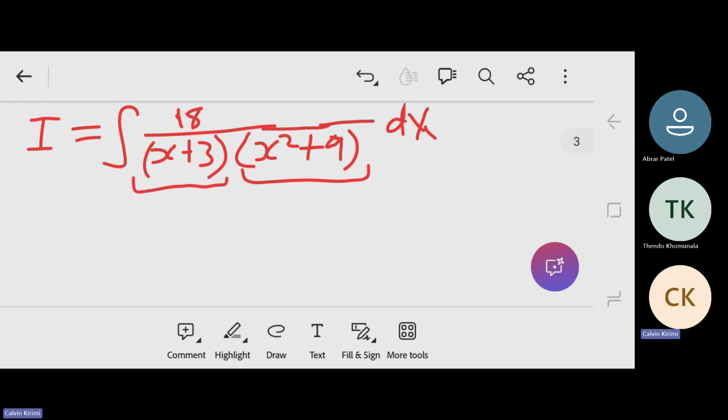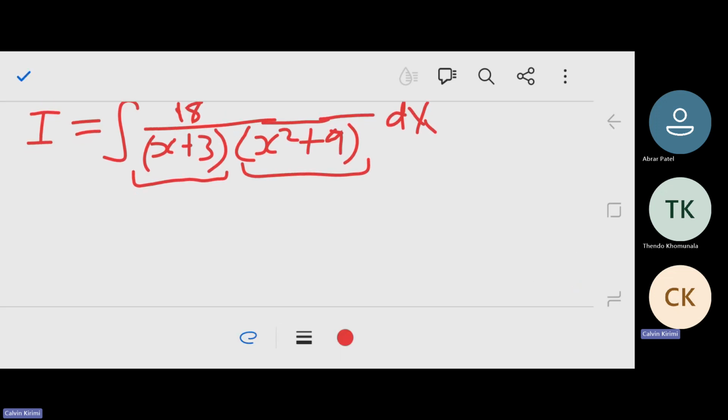So now we want to split that fraction into A, B, and C. So we are saying 18